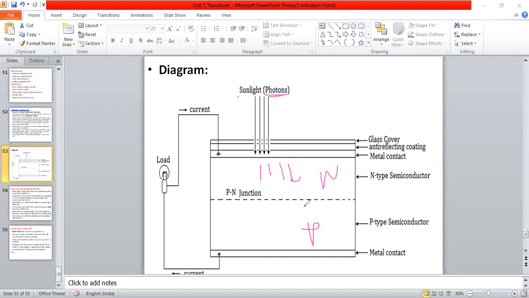Here the P type of semiconductor is there. In these, so many electrons and holes are there. So the electrons get excited. Now they will try to jump to the P type and make electron-hole pairs. Because of these electron-hole pairs, whatever electrons are added here will give a negative supply to the N side.